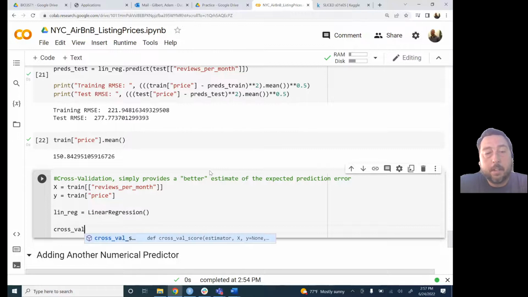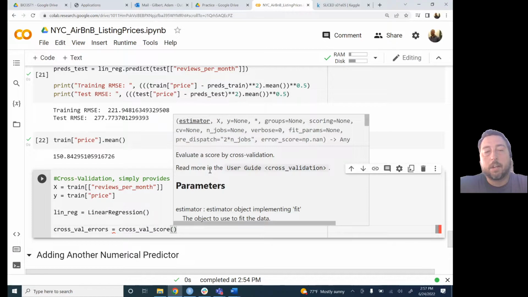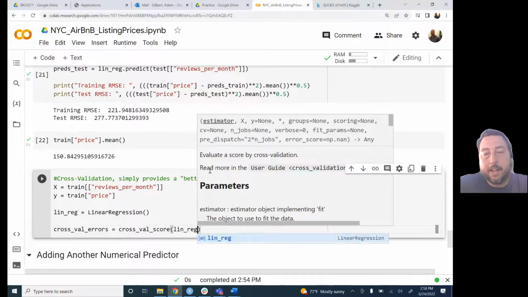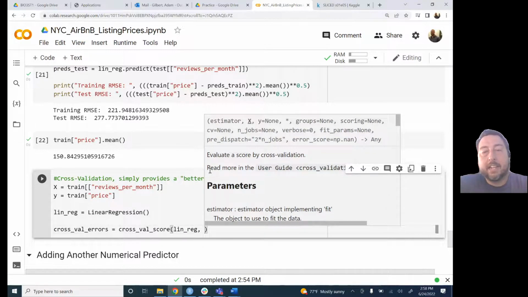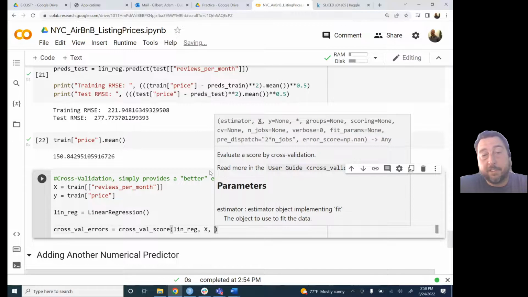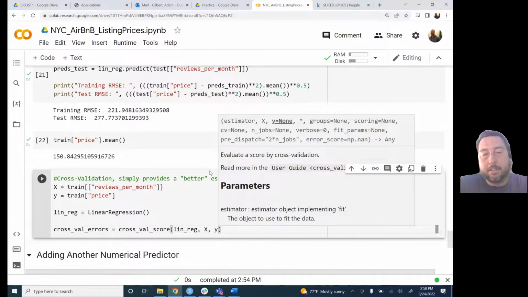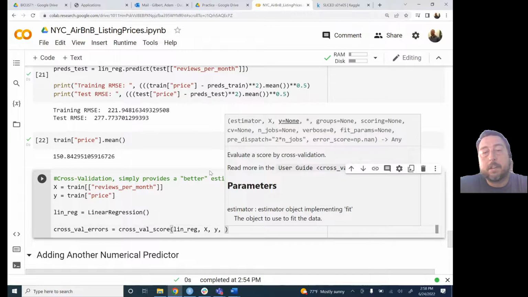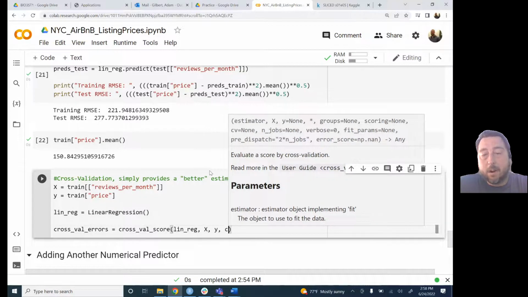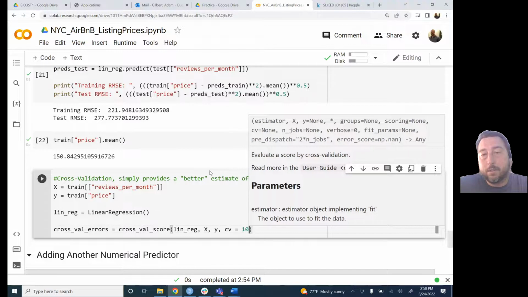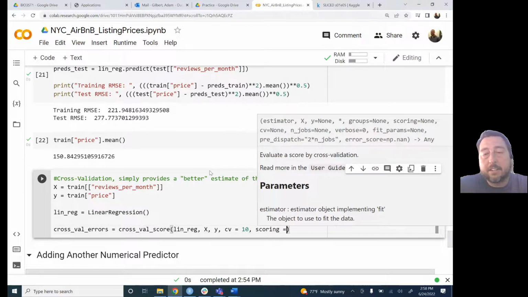So what we'll do is define a new object called cross-val errors. We're going to use cross-val score. Cross-val score is going to take our model, that's called an estimator. So linreg is the model. It's going to take the data frame of predictors that the model is allowed to see. That's stored in X. Right now, it's just reviews per month. It's going to take the true responses corresponding to those observations. That's Y. It's going to take cross-validation folds, let's say 10 folds, and then it's going to take a scoring